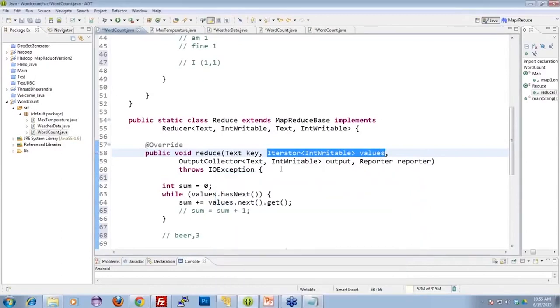Okay. Now, then we go here and say throws IO exception again. Again, text and iterable are the outputs, and reporter, same things we saw. Now what we do, since we had to do a sum and tell you how many times does beer come, how many times does bear come, and how many times does car come, what we have to do is,